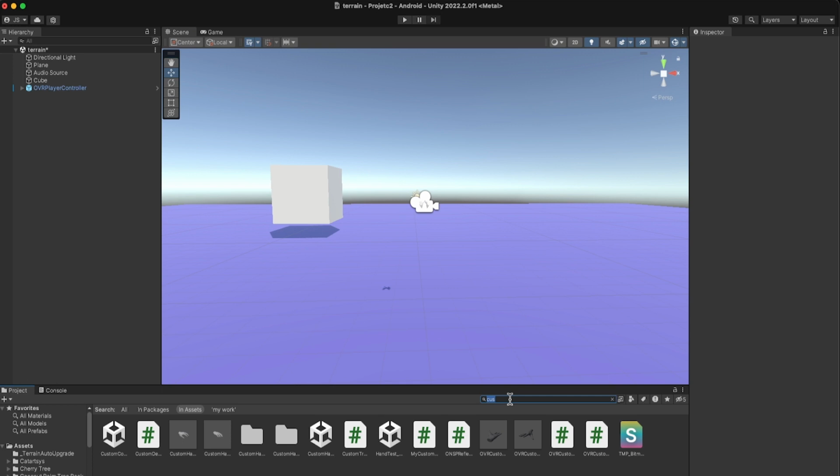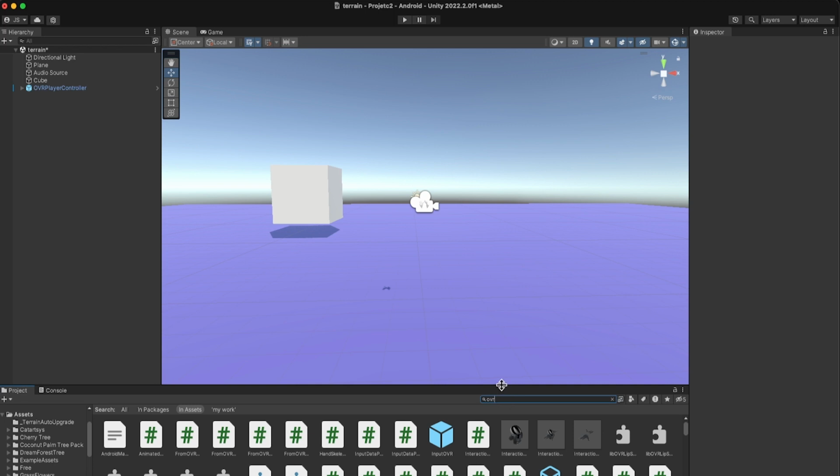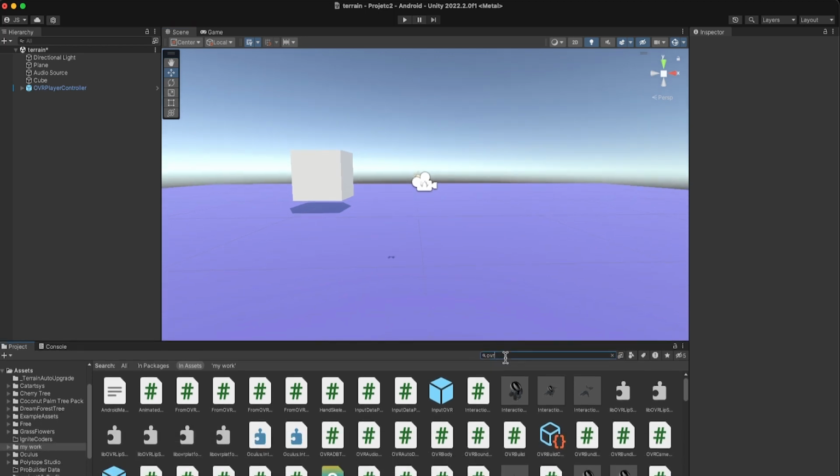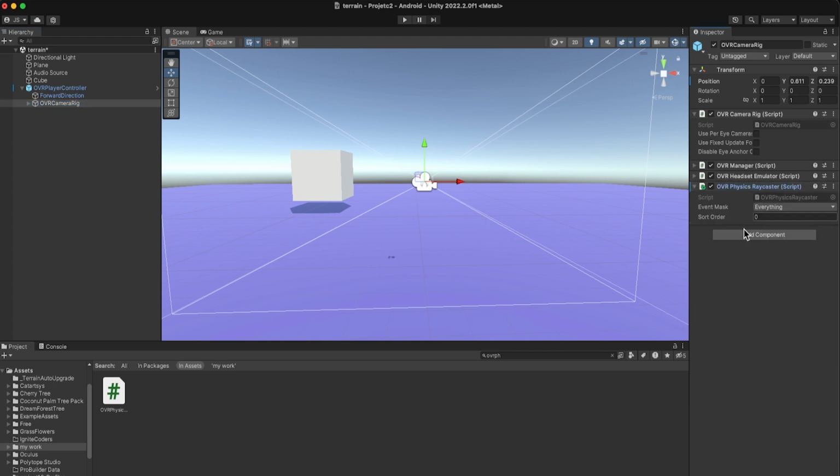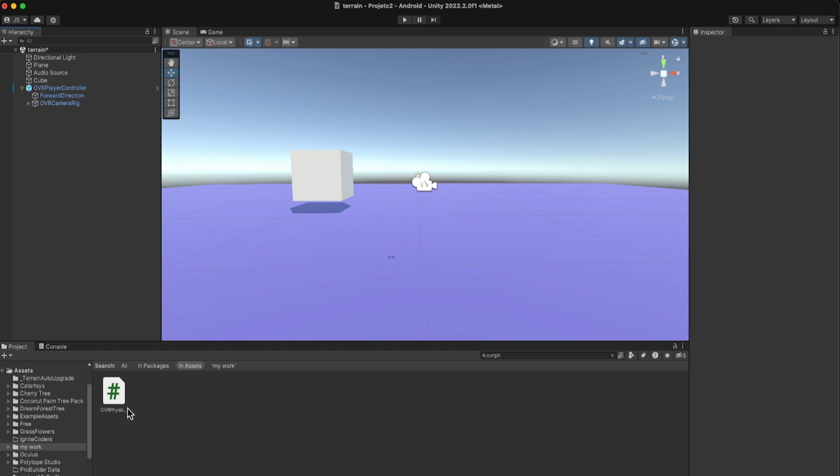First thing that I'm going to do here, I will find OVR physics. Right here, OVR physics, and I will drag the OVR physics right here into my camera rig. OVR physics, that's in a script that I have right here. You don't have to do anything else in this script. OVR rig, OVR physics,